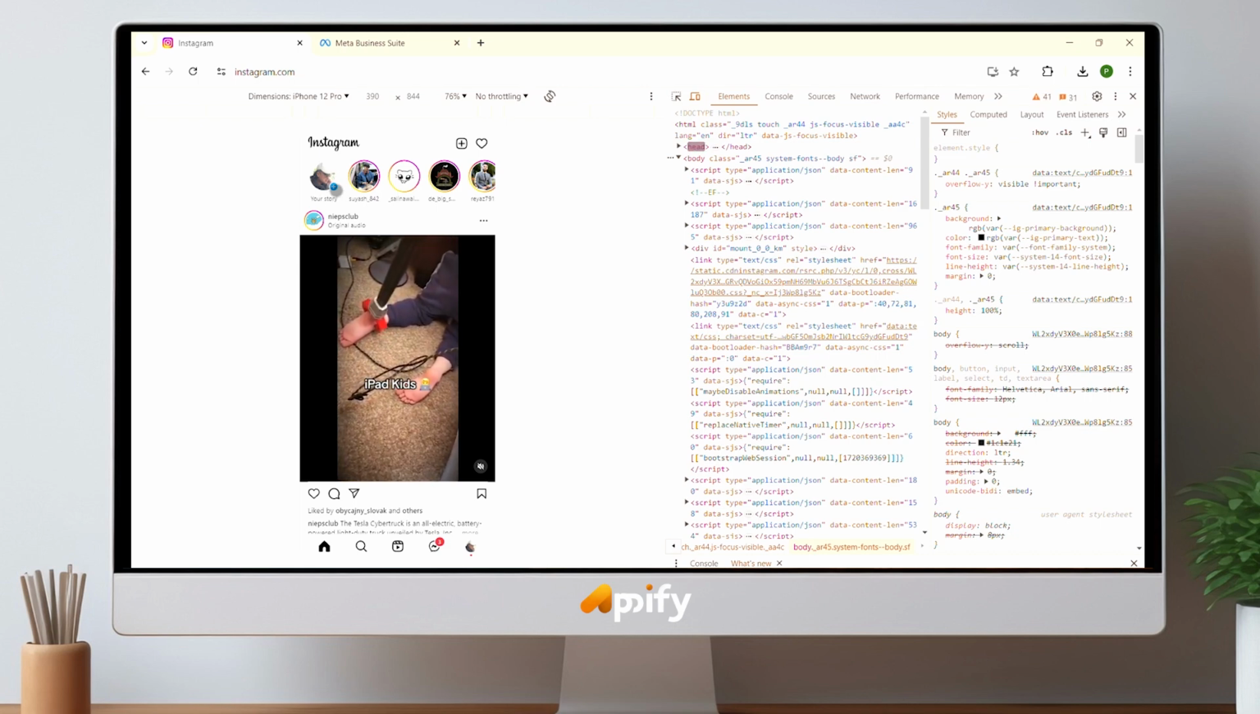Now you can just click on here and the story uploading section will appear, and just choose the video that you want to upload. And another way to upload video on Instagram is by going to the new tab and